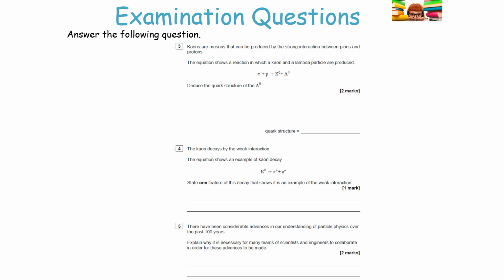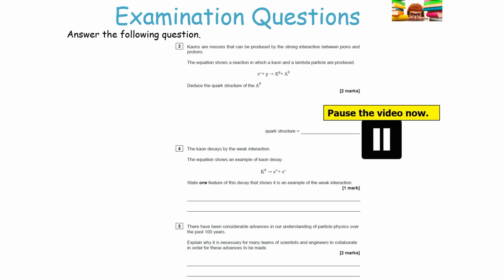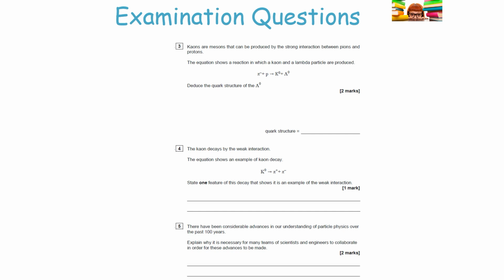Explain why it's necessary for many teams of scientists and engineers to collaborate in order for these advances to be made. So pause the video now, then unpause the video when you want to go through the answers. Right, in the first one, you've got to consider what you've got to have on the other three particles to